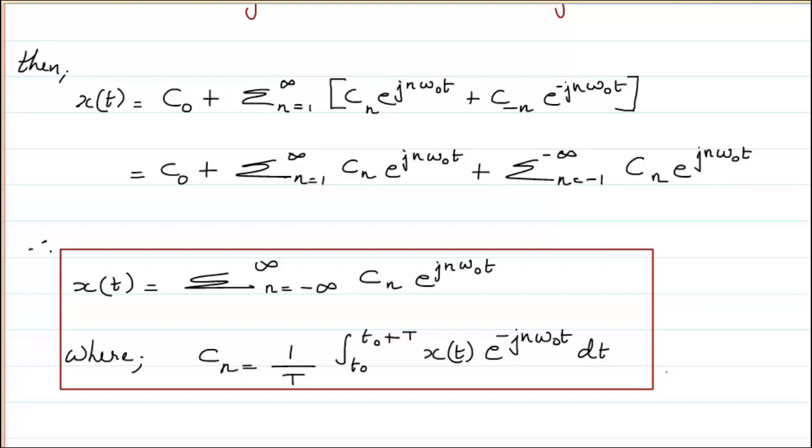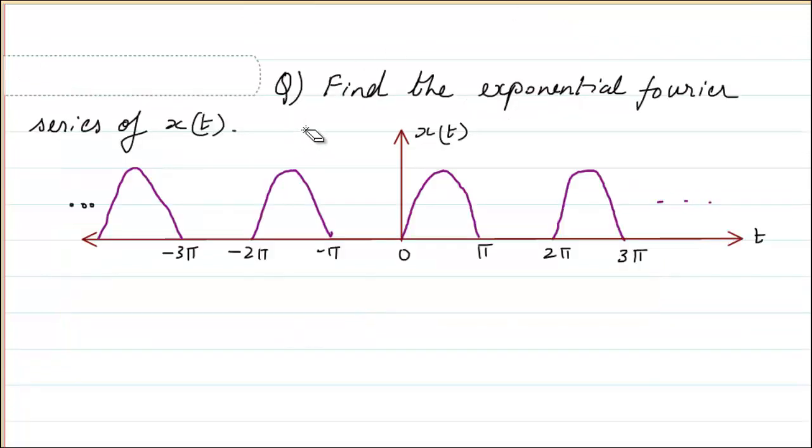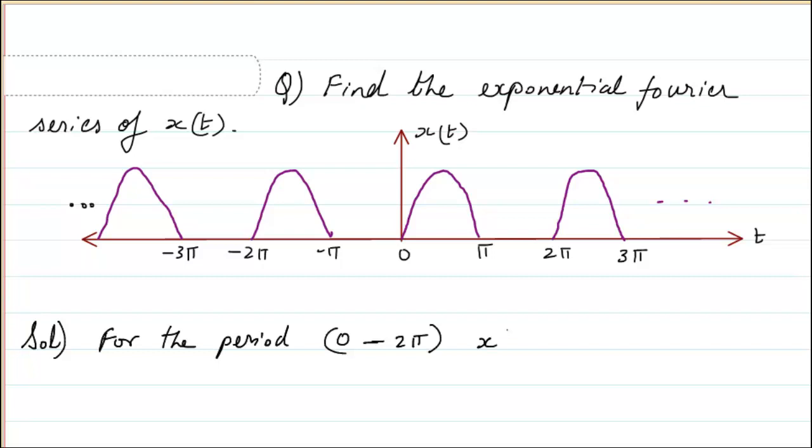So let us do yesterday's problem of the half wave rectifier and see how this is going to be useful in that case. Find the exponential Fourier series of x of t. The x of t is given here, and I have to find out the solution. So first I will write, as I had done in the previous case, for the period from 0 to 2 pi, x of t is defined as,